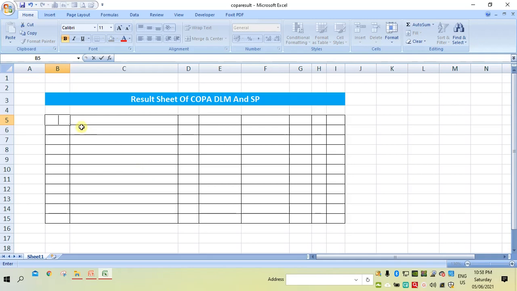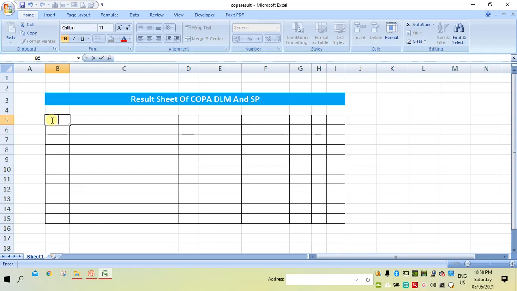So here, before entering the data, I will create the table headings, that is, we can say column headings. I will do it one by one before entering the data in these columns. So now let me do that. One by one I will enter the values. But before that I will create the headings.